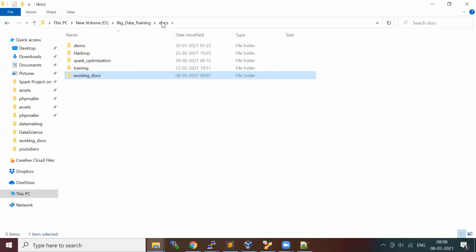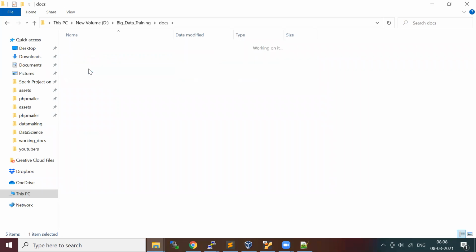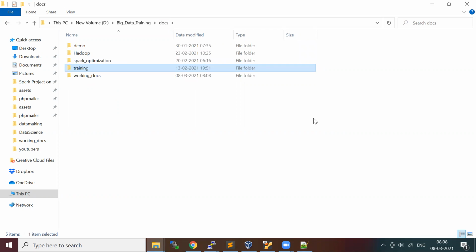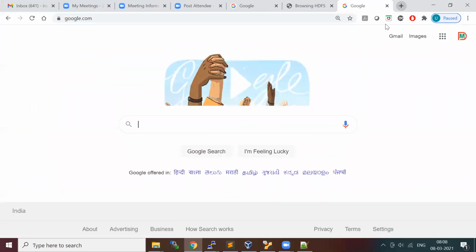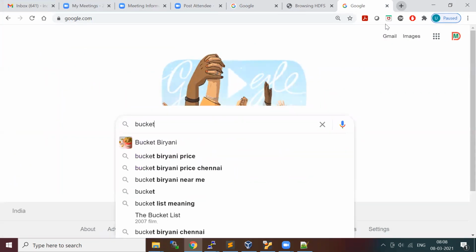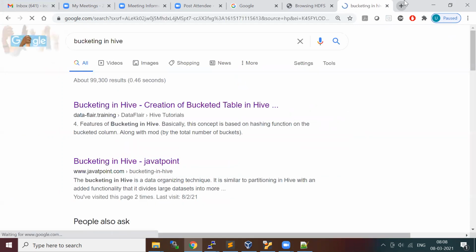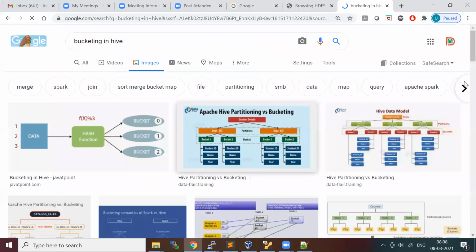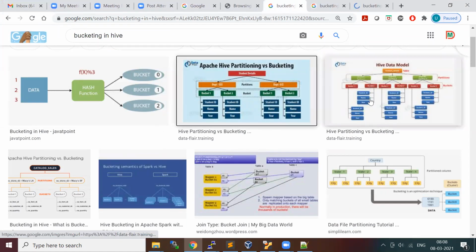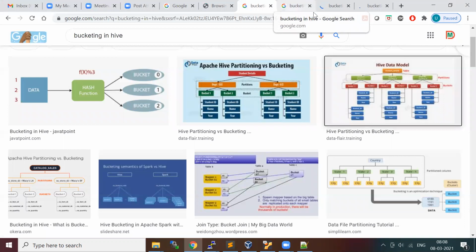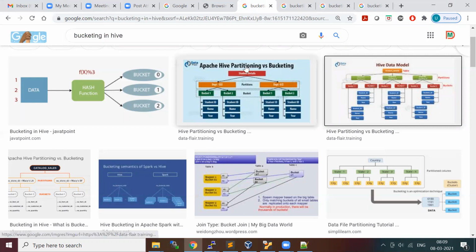Just a minute, I'm missing something. Can we disconnect and connect back again?